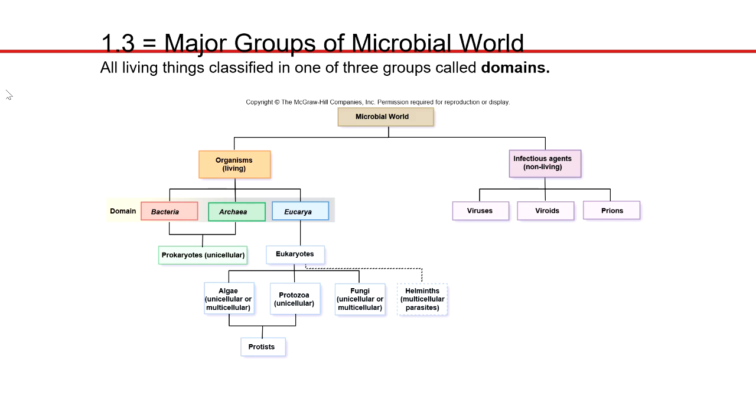Of course, the euks break into algae, protozoa, right? If you like protozoa, I teach a parasitology class, 6,000 level. We spend half the course on protozoa, it's parasites. Fungi, helminths, of course, are multicellular parasites. Tapeworms, roundworms, all sorts of great stuff, flukes.